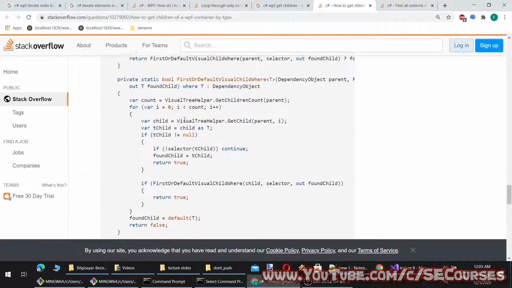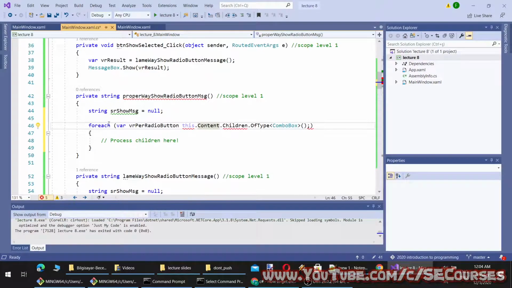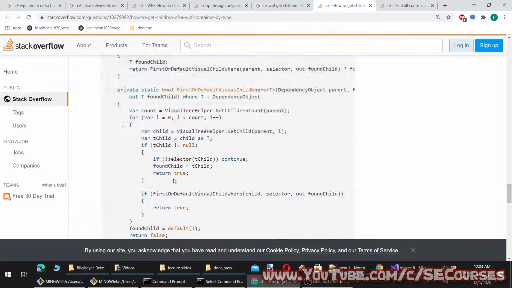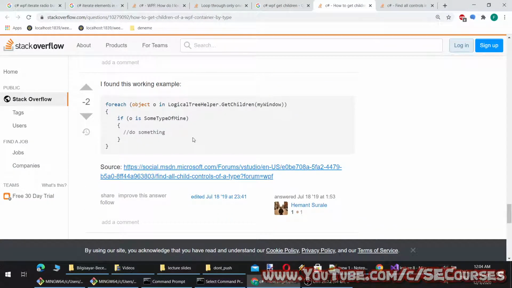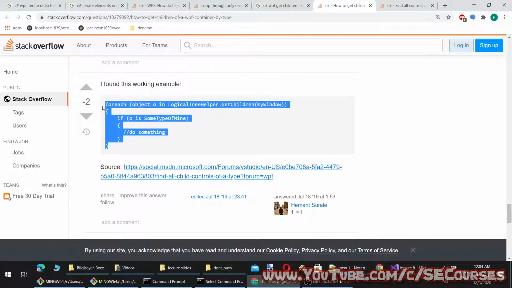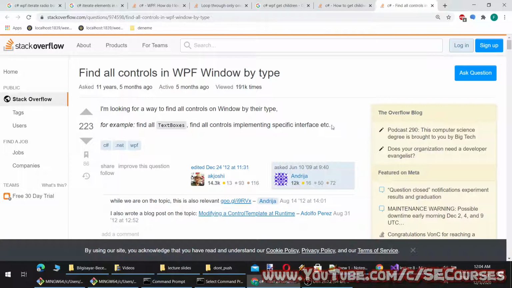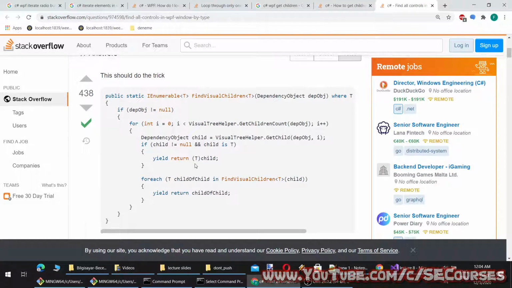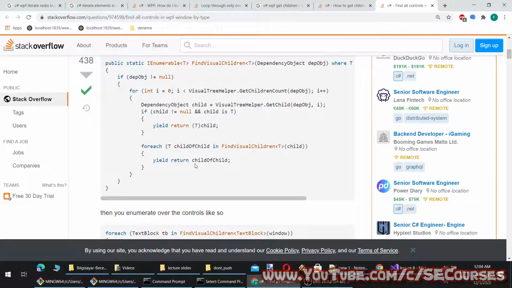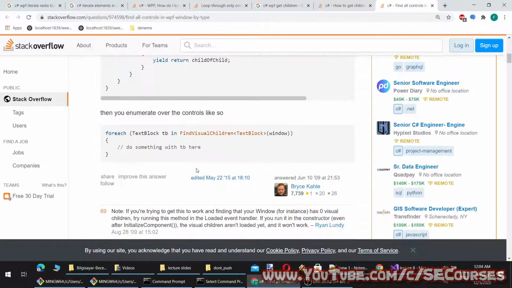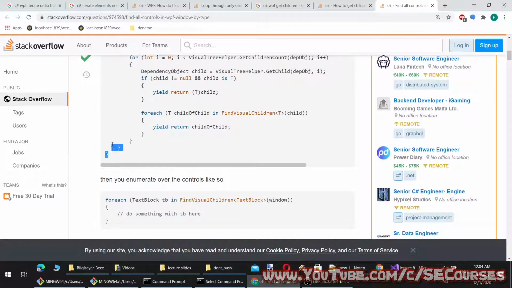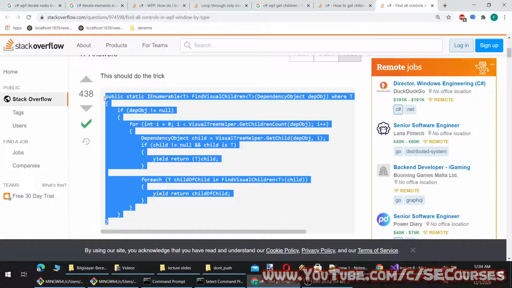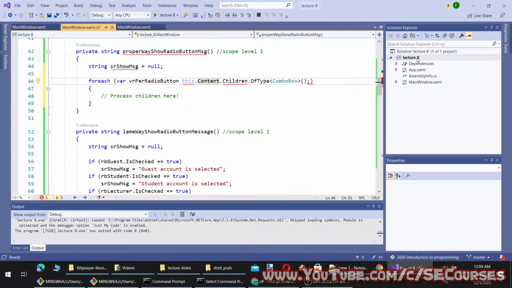Yeah. Okay, this looks pretty advanced. Therefore, it looks like it is hard to achieve in WPF. Okay, it looks like we have to use an extension. Otherwise, it is not possible in WPF.